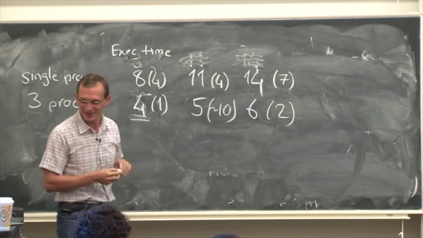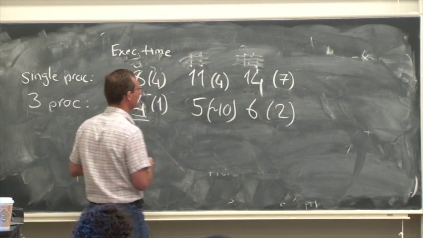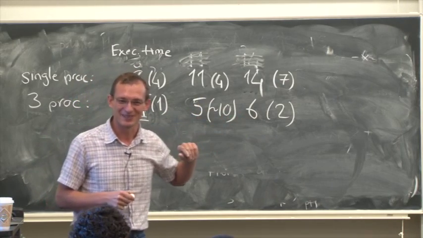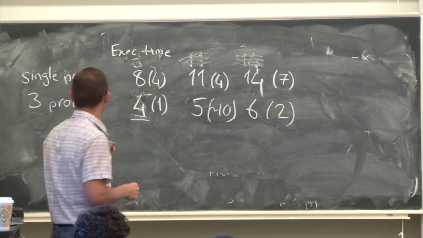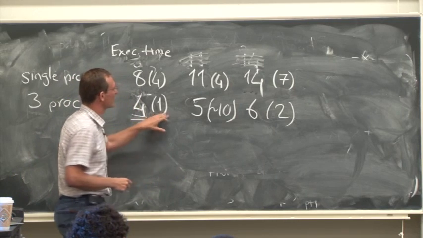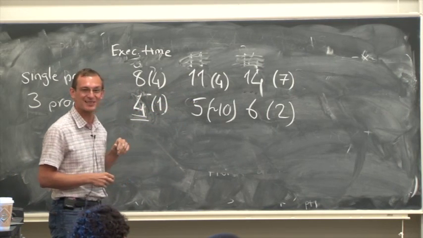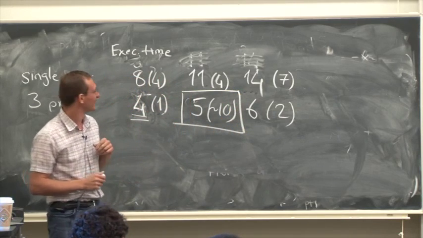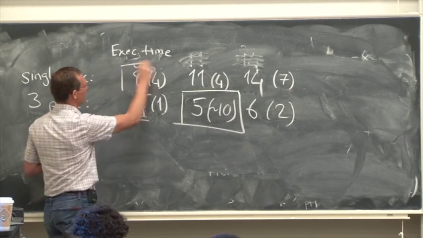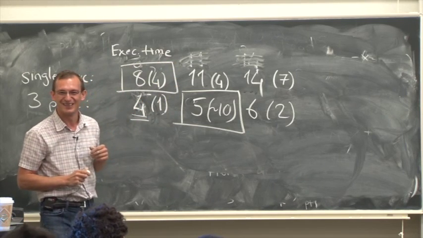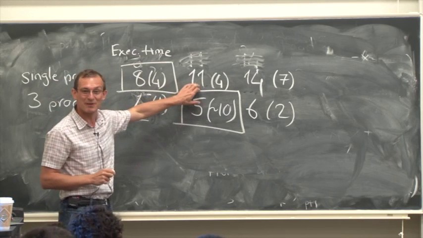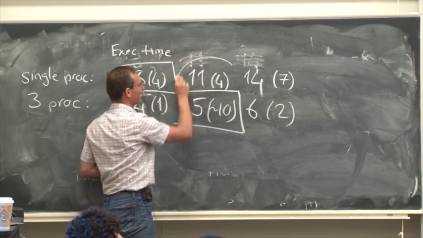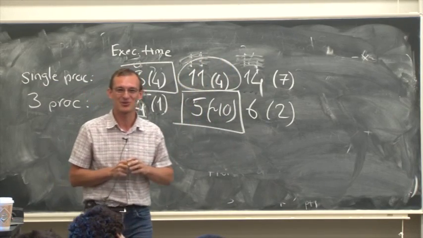But most people, when you give them this problem, actually, I guess there's one lesson out of this, which is optimizing a parallel program is difficult. Or even a single program is difficult because you get so many answers, right? I think the best parallel program should be 5. And the best single processor program is actually 8. But most people, when you give them this, they usually come out with 11. In fact, that's probably the most natural thing.